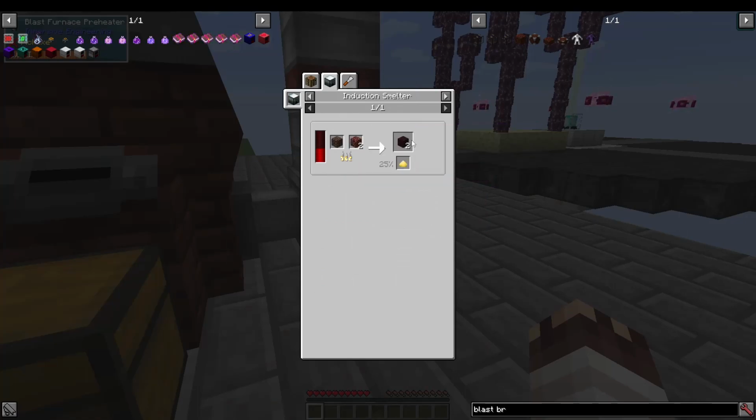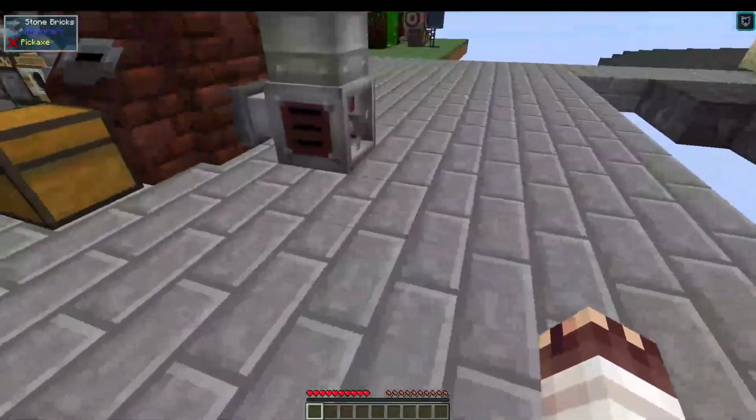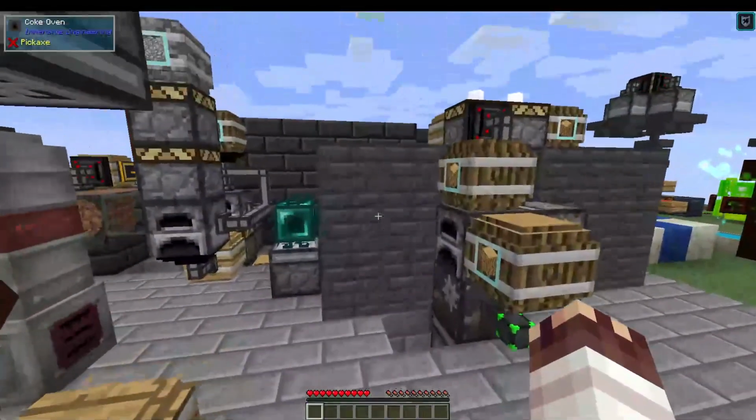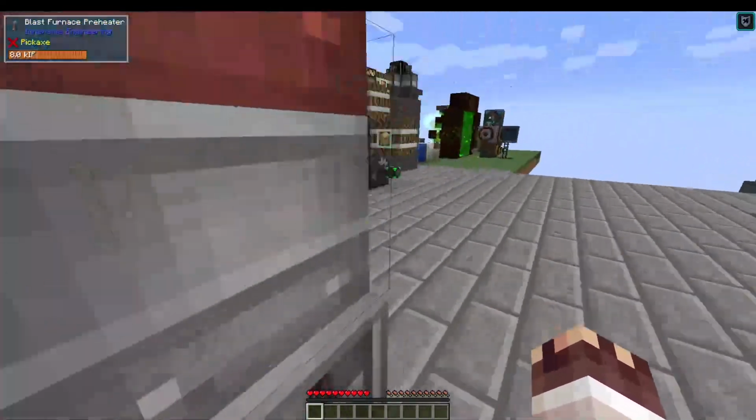So you get 1 netherrack to 4 mini nether bricks with this recipe. And of course, soul sand you can get from an atomic reconstructor with sand. If you arrange 27 blast bricks into a cube, you get a machine that looks pretty much like the coke oven and allows you to use coal coke as a fuel and iron to make steel, and it also produces